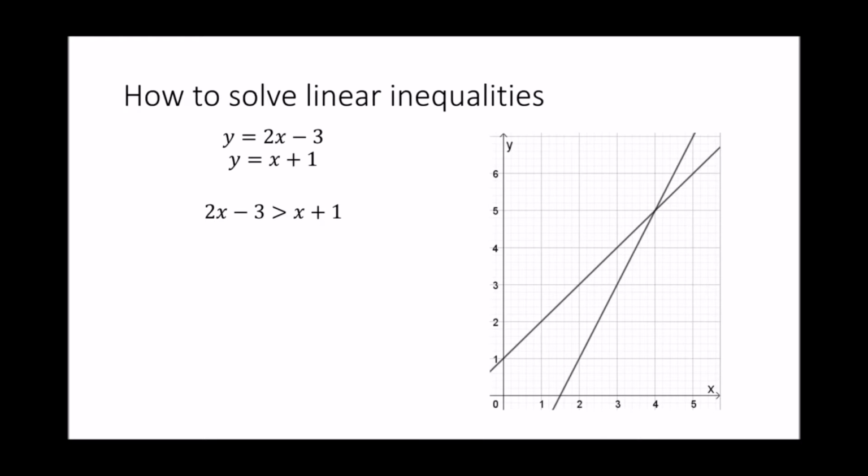So how do we solve those linear inequalities? Well, actually the first step is to make it an equality again. We will first look at the point where the graphs intersect, and after that we will look at where one is higher than the other. So as we saw in the previous video, we can use the balance method to easily solve this one. x minus 3 equals 1, x equals 4. What we're then going to do to actually solve the inequality